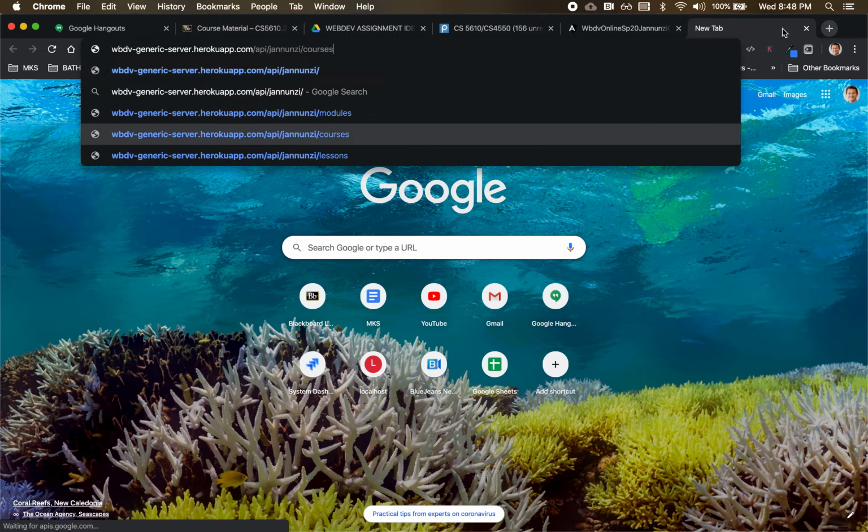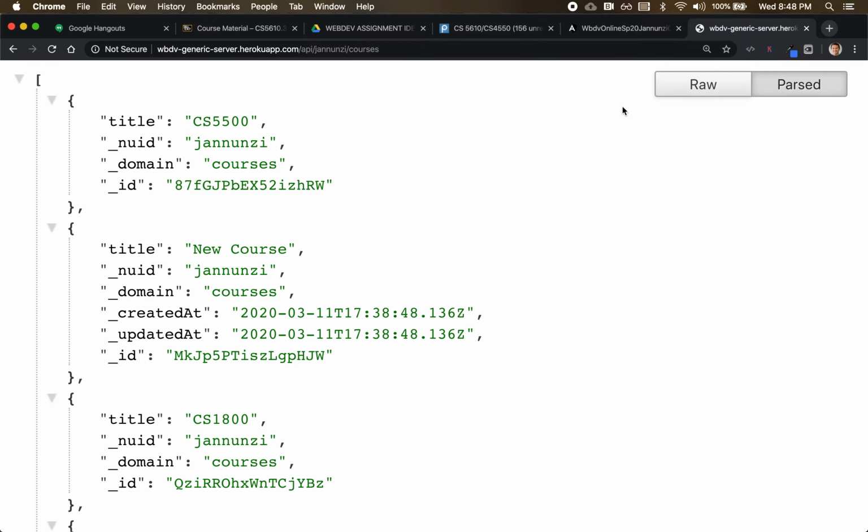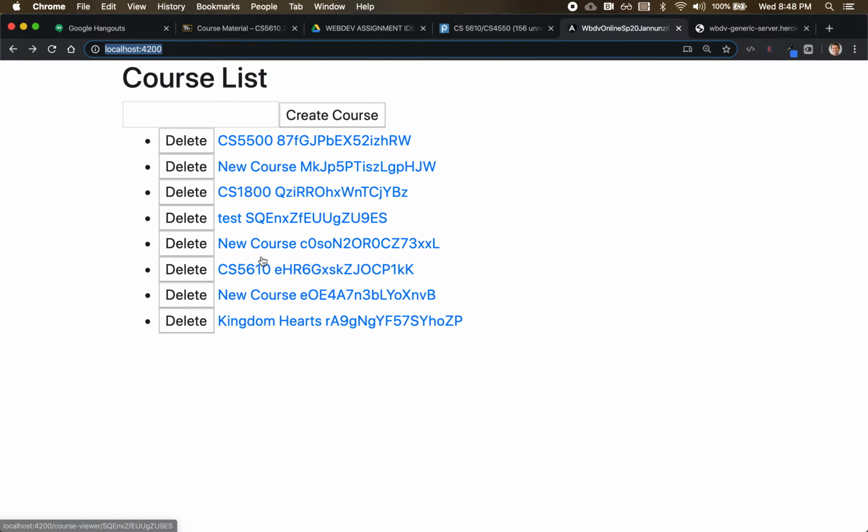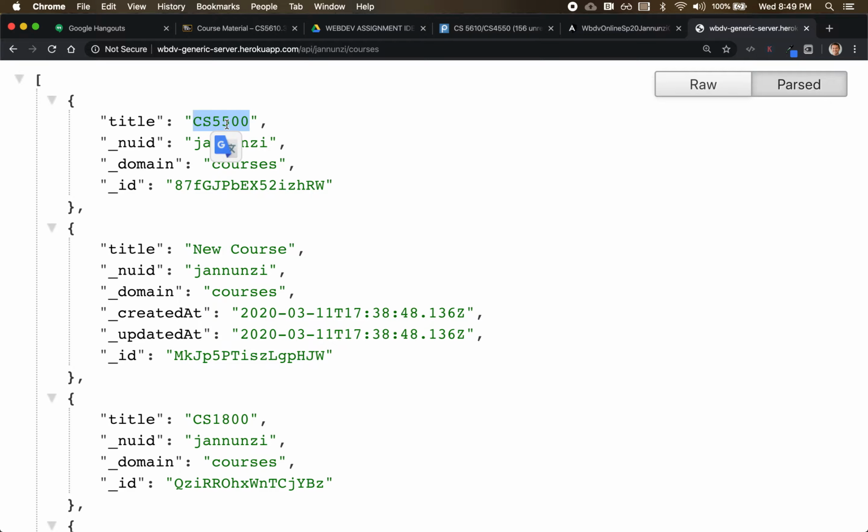I believe from this server right here, this endpoint. These are the courses that we are rendering, and indeed, those are the courses that we are rendering. Notice that this ID is 5500, and there it is. That's 5500, and that's the ID. Now, we also implemented a relationship between courses and other things such as modules and whatnot, but we'll do that